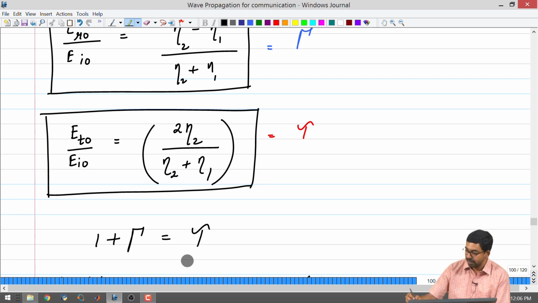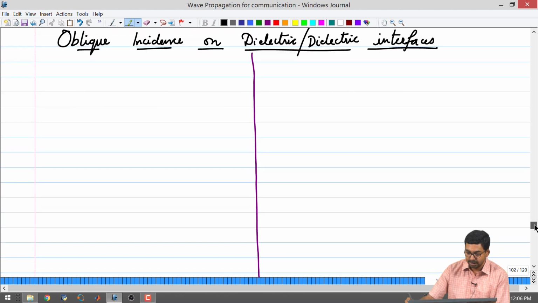This is what we had seen broadly, and in today's lecture we will create a slightly more complicated system where the wave is going to hit the interface at an angle with respect to the discontinuity of the plane of incidence, and this kind of setup is not there in transmission lines. Okay, so, this is a difference.